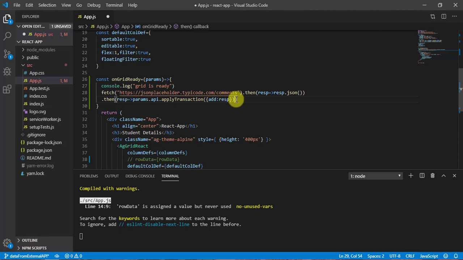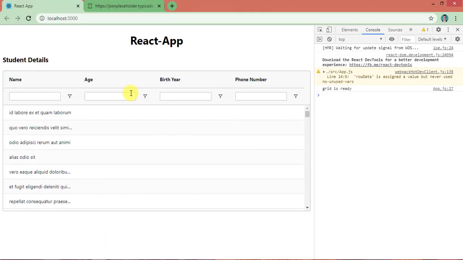Now we need to remove one bracket and save it. What it will do is add your new data to the AZGrid table. If you come here, you can see I started getting one record.